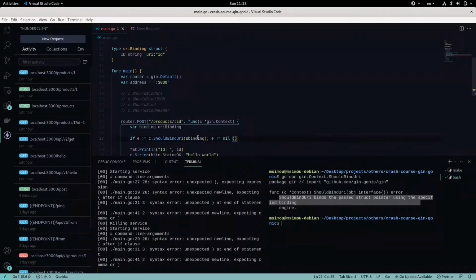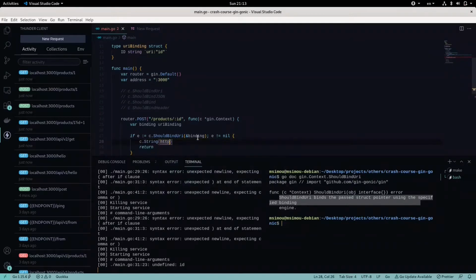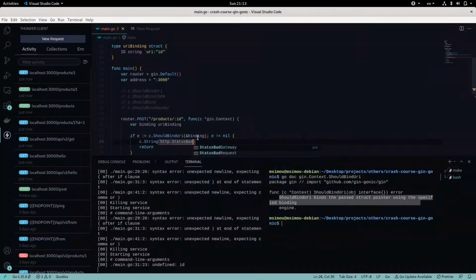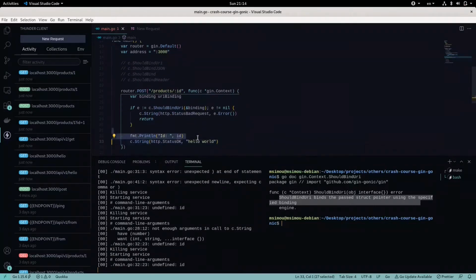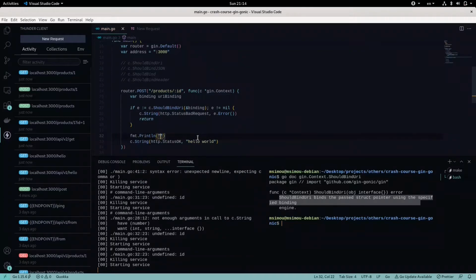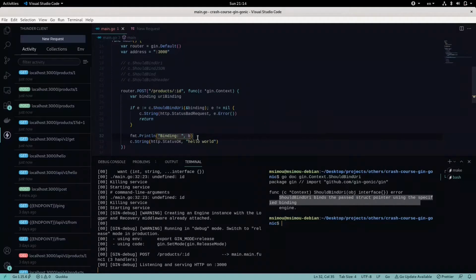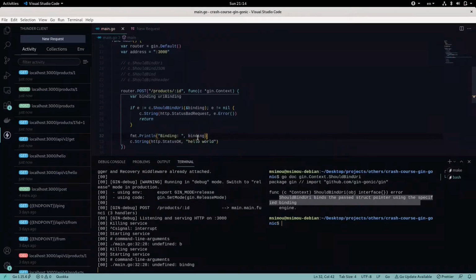So I will check if the value of the error is not nil, then I want to return a status code of 400 and pass the value of the error as a string. I also want to print what's available, the data actually, and if I print the value of them,